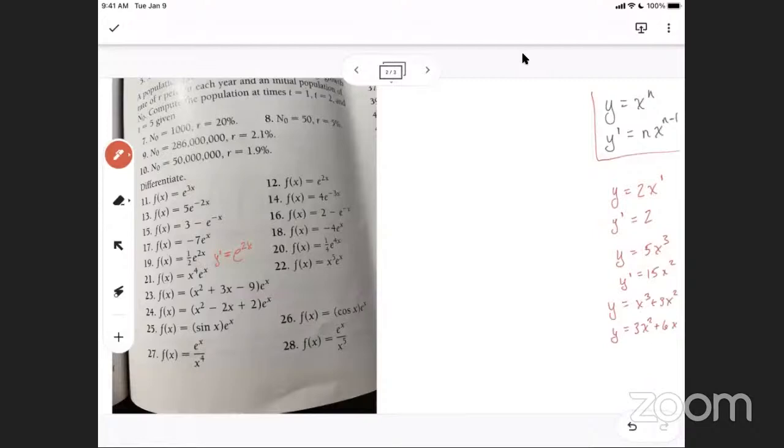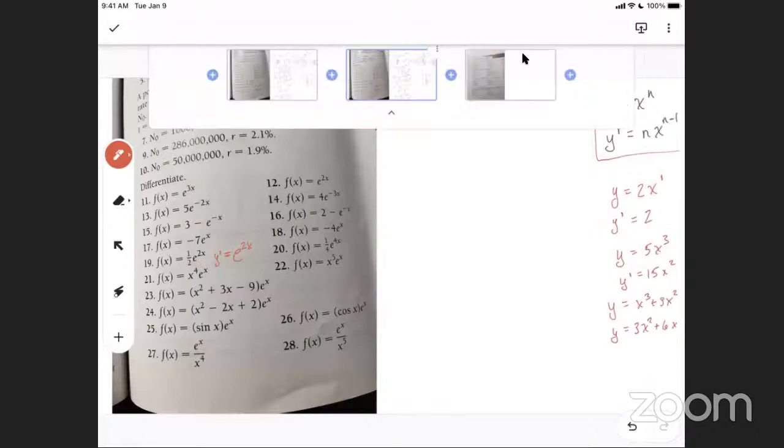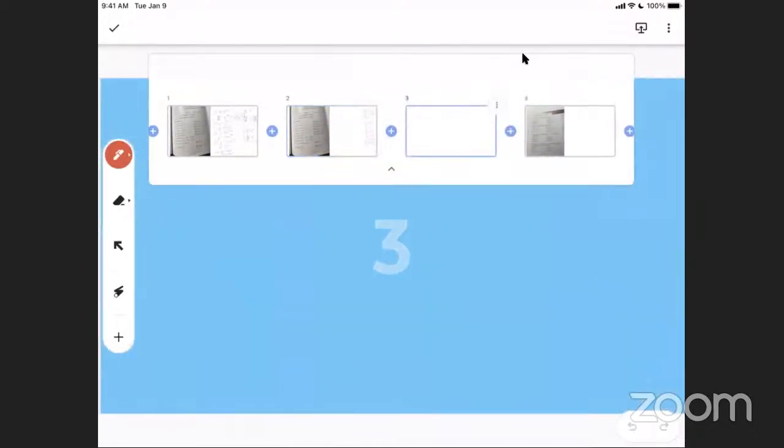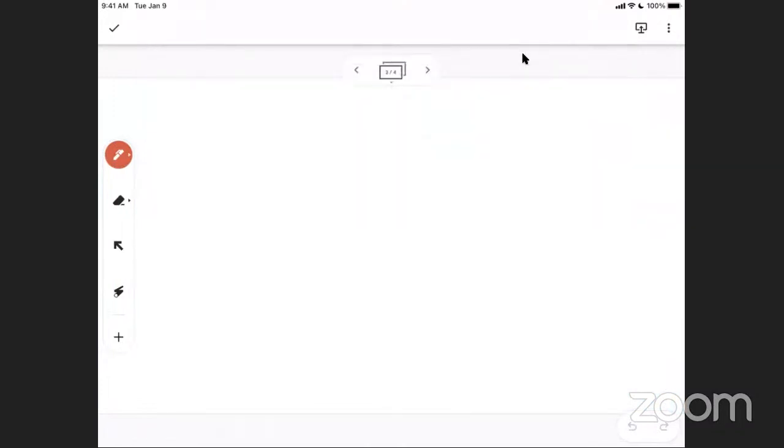I'm trying to think of the best place for you to go to look for all these different things. We probably should just have a list of all these rules, and you can go online and just do a Google search for derivative rules or something like that. Let me see if I can find it real quick, and I can show you one, because it's definitely something you want to have to be able to look back on.